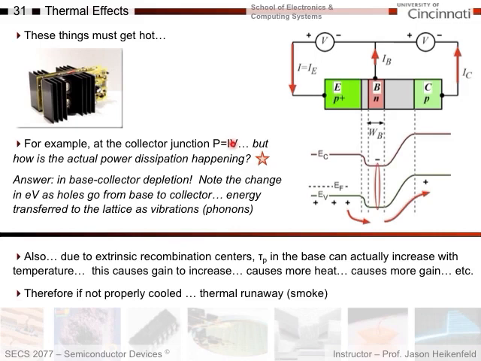And so what I care about is where's the current and a voltage drop. Well, the voltage drop across here is small, right? It's a forward bias diode. So not much power consumption. But look here, the voltage drop across the base collector is large. It's reverse bias. So I have current and a large voltage drop. That means a large power consumption. And you can see this beautifully here in the